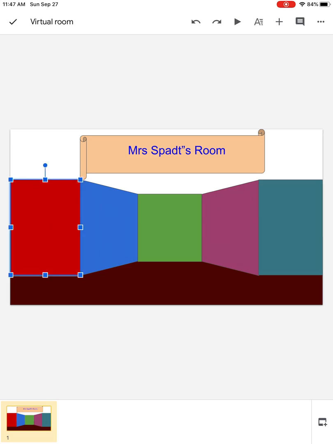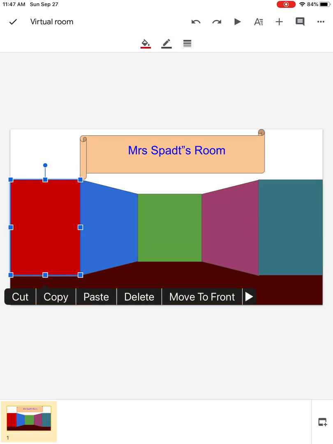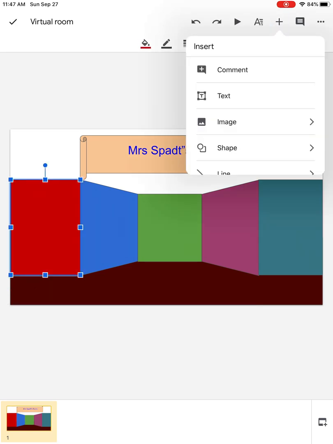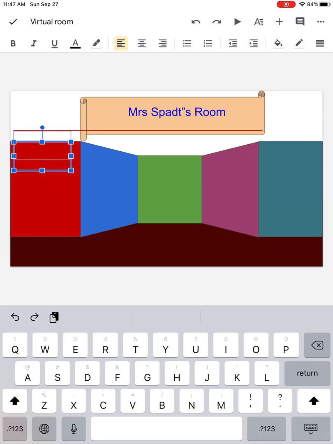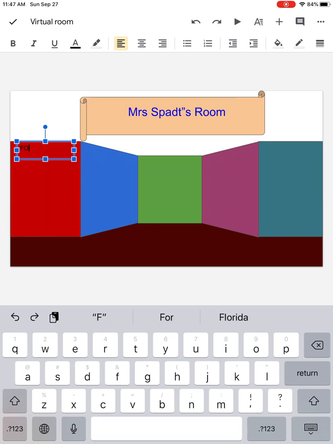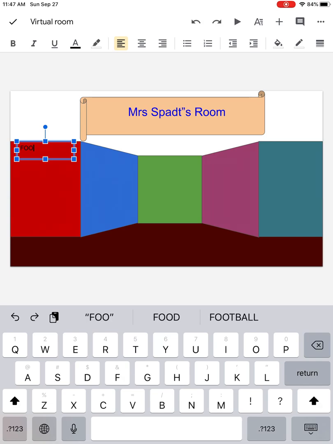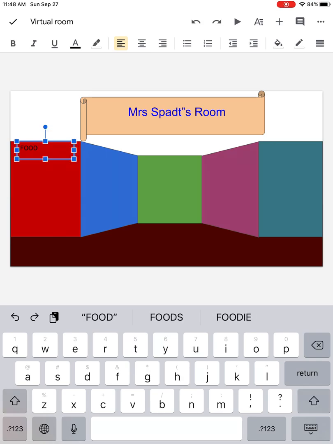Okay, so starting with the first wall, we are going to hit plus text, and we are going to put the word food. We're going to entitle this first wall food. I'm going to hit capital for all the letters because I want this to be like a title. So I'm going to select my words inside the text box,